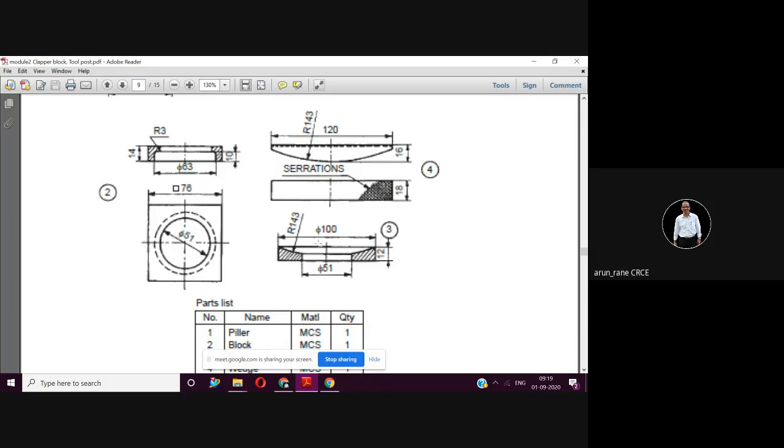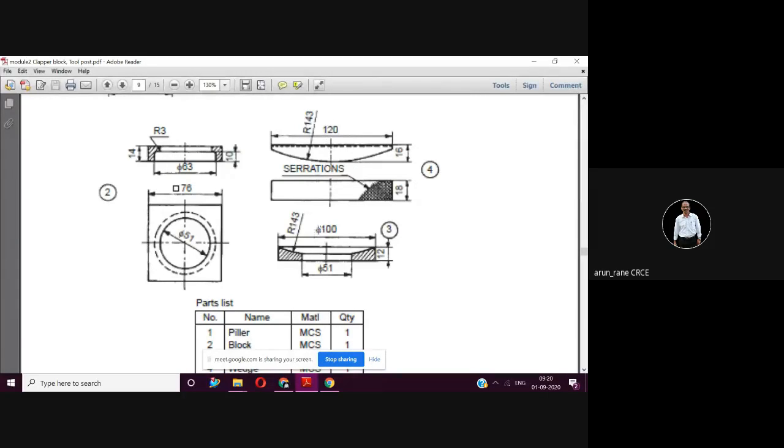No calculation, you can make a right angle triangle. This distance is 50, and you have hypotenuse 143. Yes, 143 square minus 50 square. So you will get this, and this comes to 134.